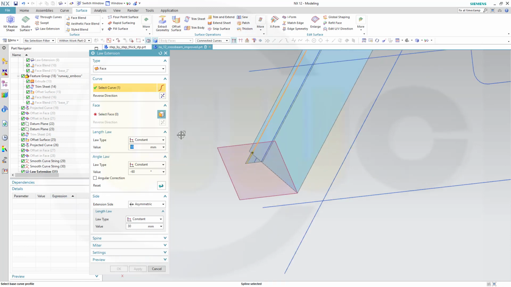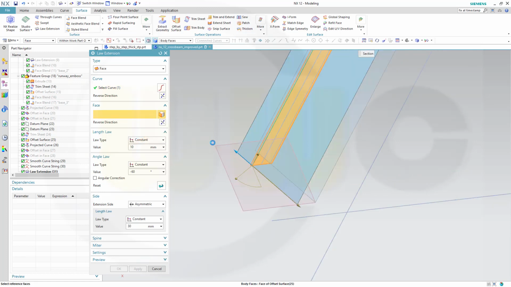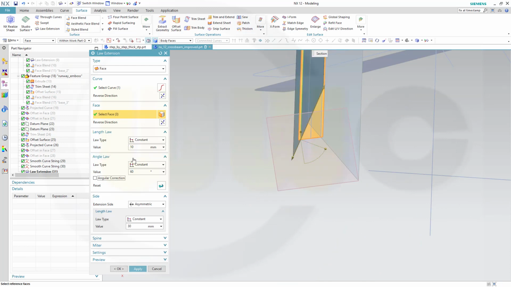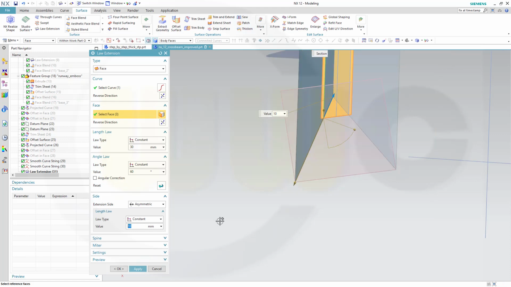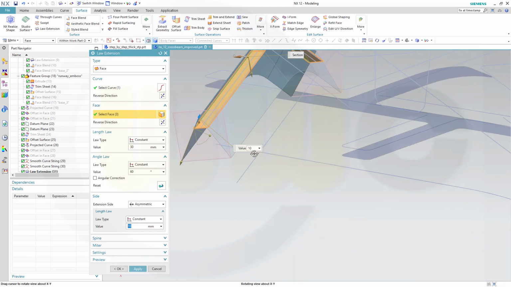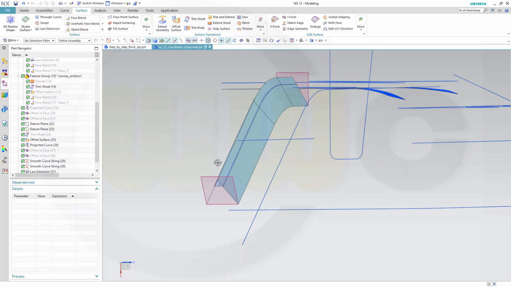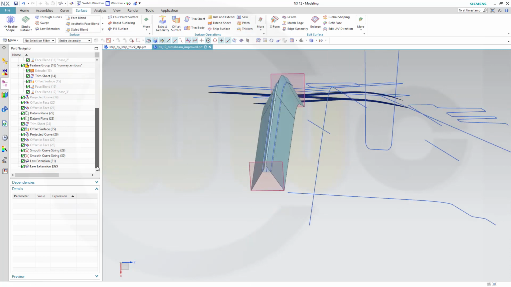Then go for the other smooth curve string. Same surface as before. This one. Now that might be 60 degrees instead of -60. Yeah, and make this 30 and the other value 10, or even just 5, and for the first one 5 as well. Okay,